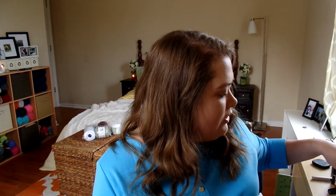Okay, so my other 2 products for face are both MAC. There's a little bit of a story behind this. I went on a cruise to the Caribbean at the beginning of the month, and I was really excited because I'd never been there before. And at our first stop in St. Thomas, there was actually a MAC store that I had no idea existed until